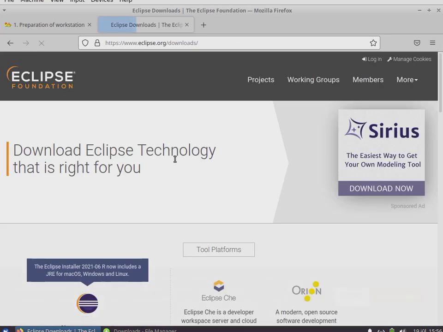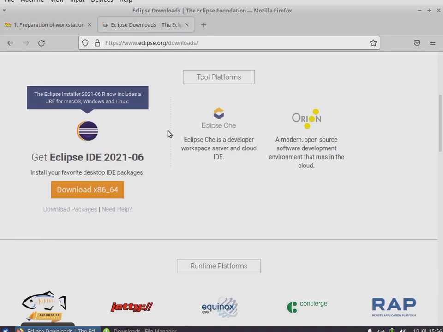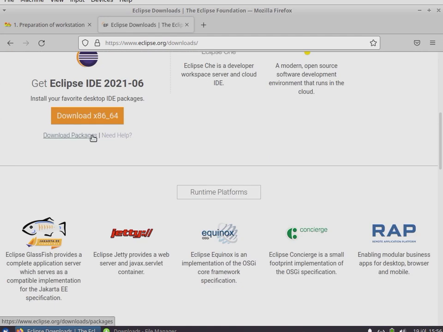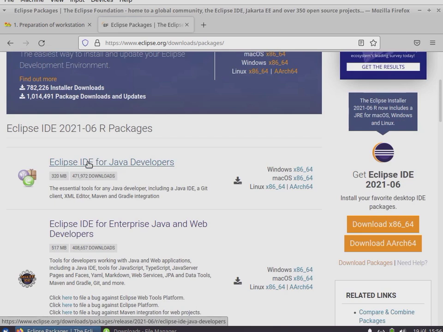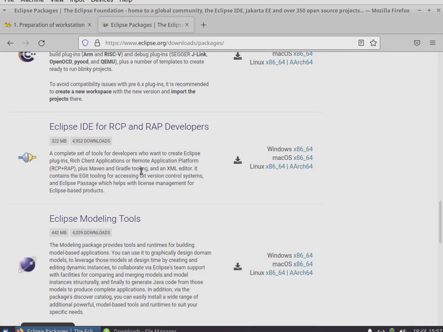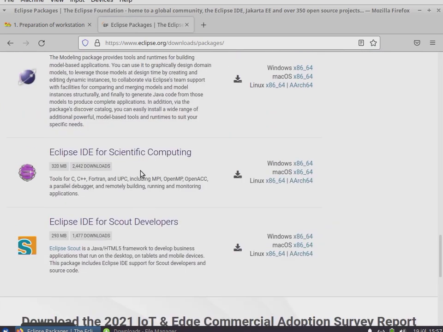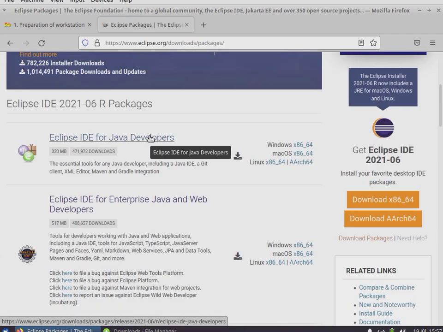As I told you, Eclipse is like Lego constructor, where you can add different pre-configured Lego sets of Eclipse. And there is pre-configured Eclipse for Java developers, for C developers, for PHP developers, and other developers. And smaller Eclipse with smaller set of plugins already installed is Eclipse for Java developers,